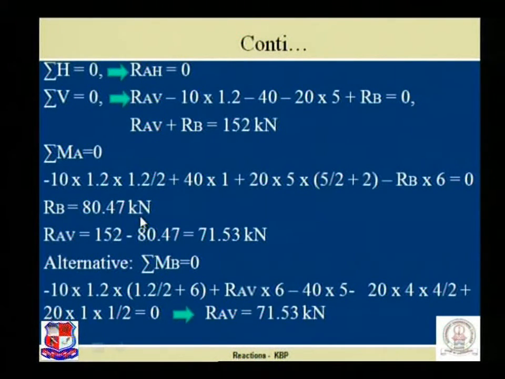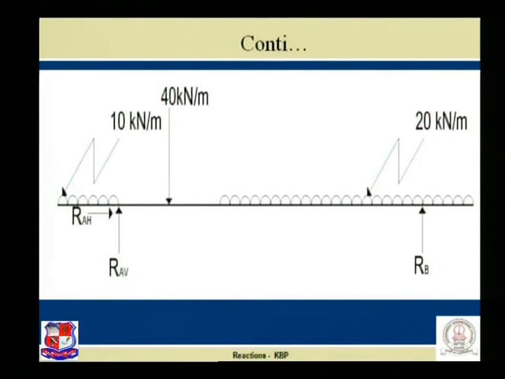By putting the value of RB of 80.47 in this equation, we will achieve RAV as 71.53 kilonewton. We can solve the same problem by taking the moment at B also. In that case, we will achieve RAV. So you can solve by yourself by taking the moment over here at B. In that case, see the figure, if we are taking the moment